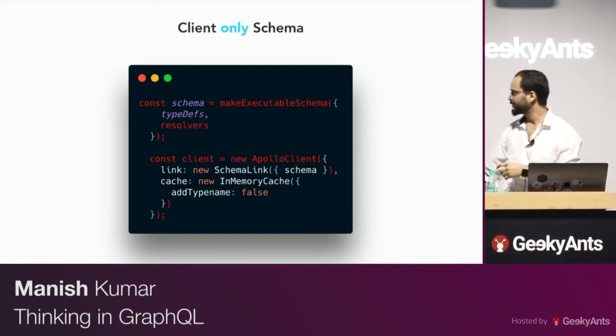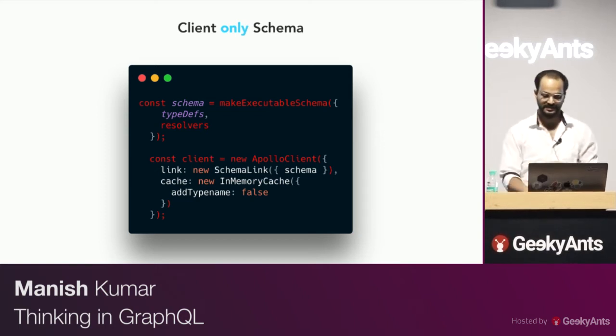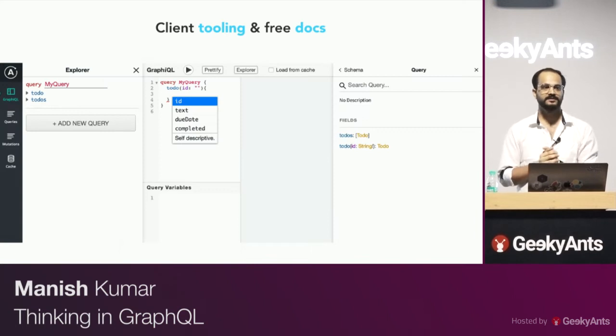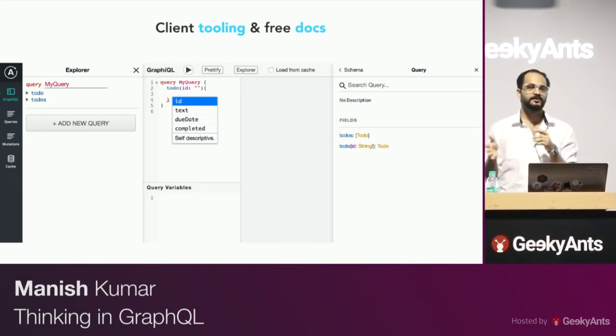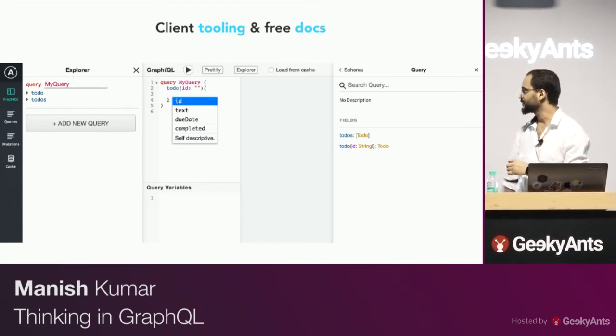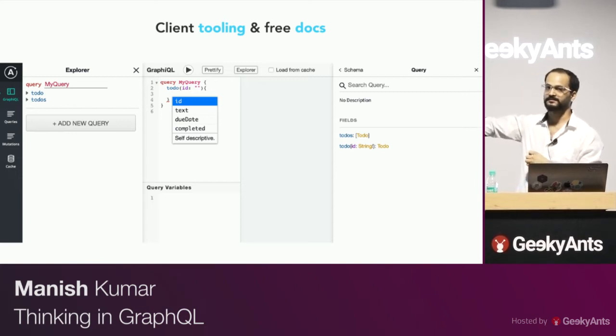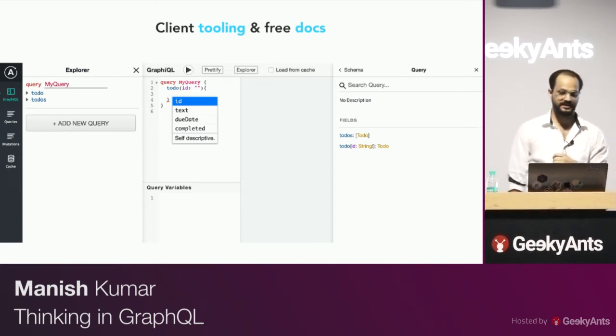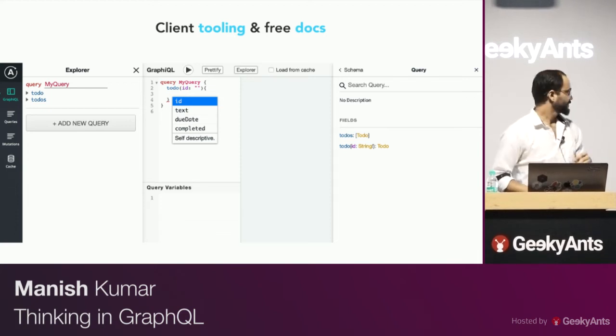This 4 or 5 lines of code will help you achieve that. What you get in return is nothing fancy like Redux with time travel, but you get this. You get the free documentation for your data layer. And mind you, this doesn't have to deal with a GraphQL endpoint. You can still have a REST endpoint. And you still will have complete free documentation for what you're using on the front end side, which gives you the types.